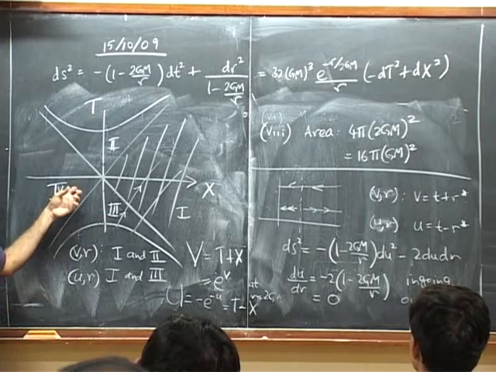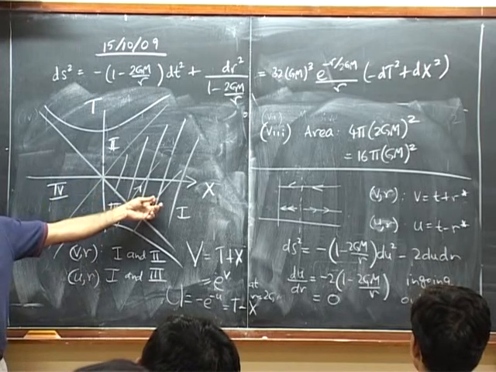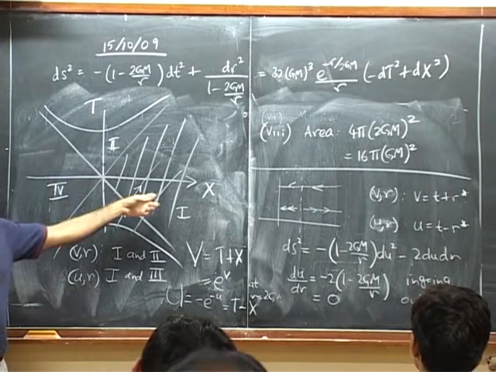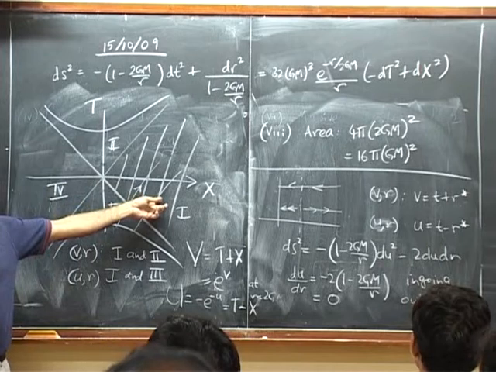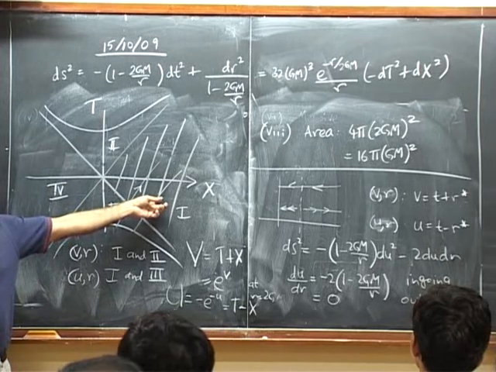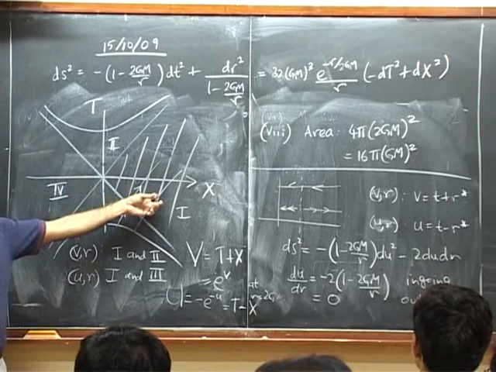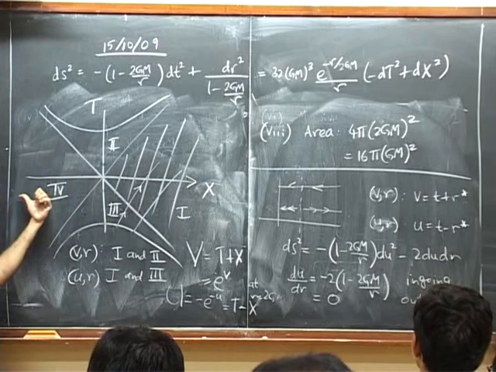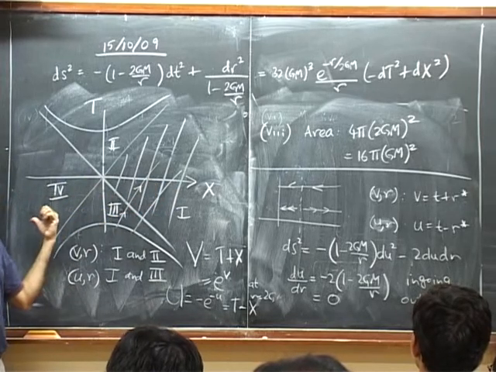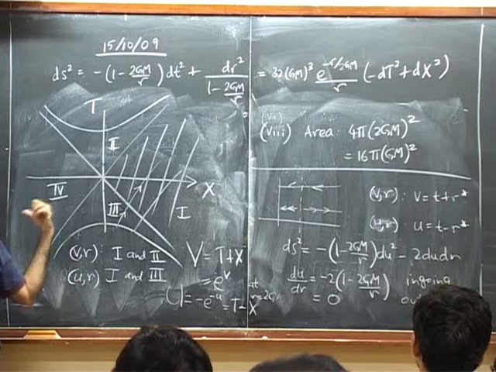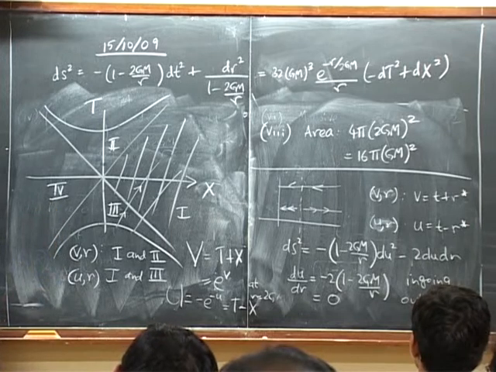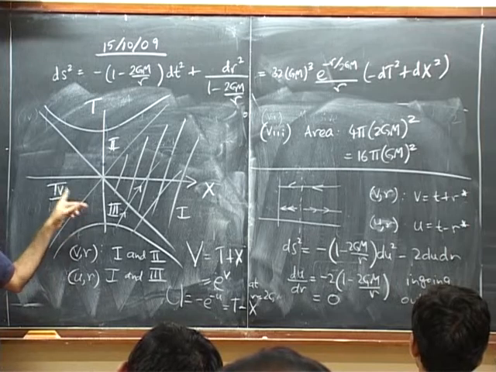And 4, of course, is a region which is a copy of 1, but it's not causally connected. You can't use a timelike geodesic or any particle that is either timelike or lightlike (null) to access this region from this region. Basically, what you have to do is go this way, but this is a spacelike geodesic, and a particle that goes on a spacelike geodesic would have imaginary mass, so an ordinary particle cannot access this. So this is also something we don't really need.